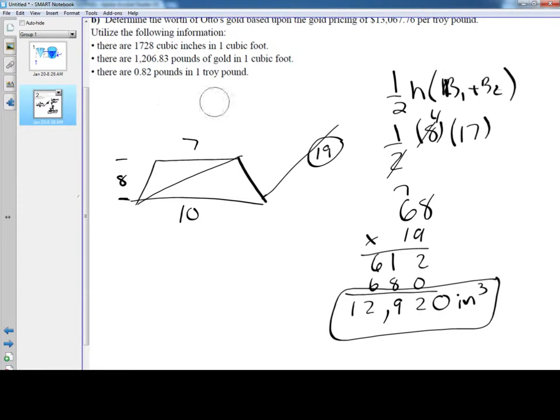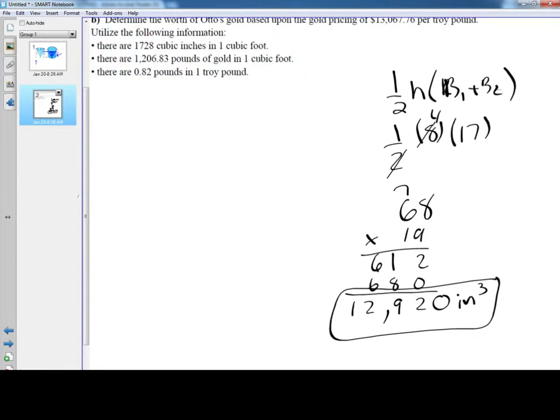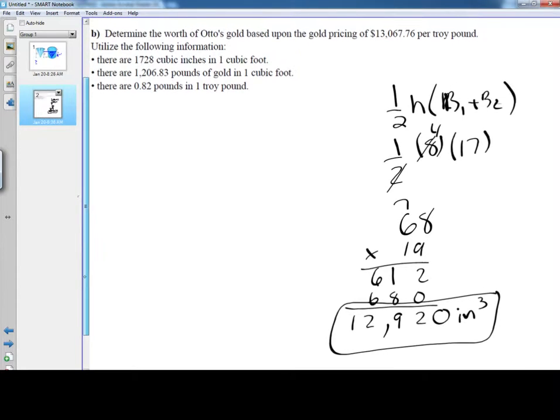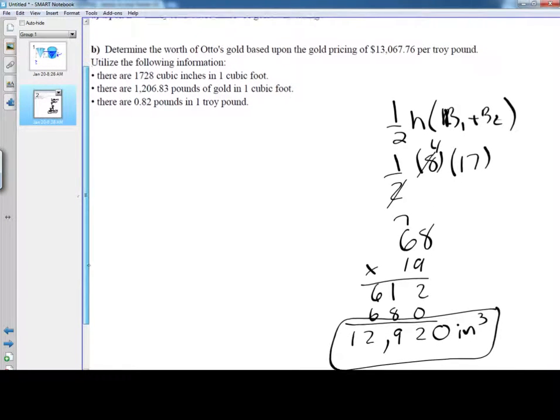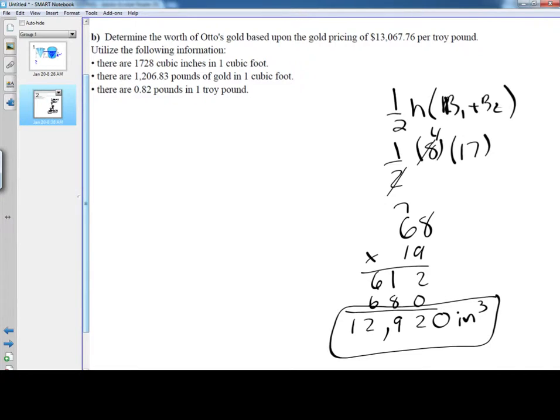Now let's take a look at the next part. Part B says,